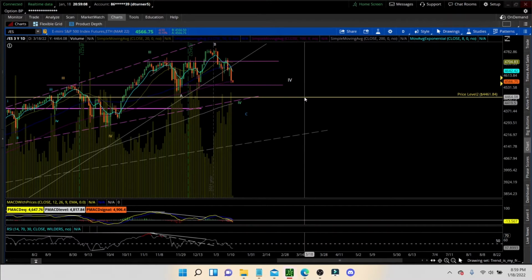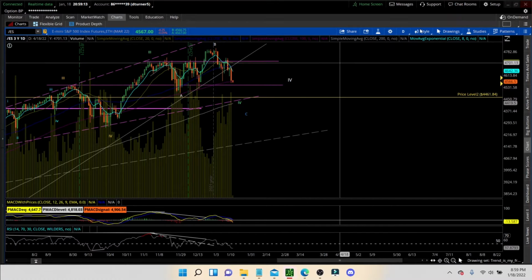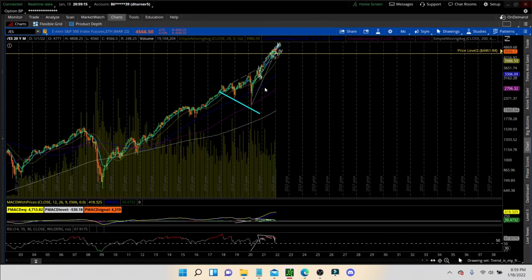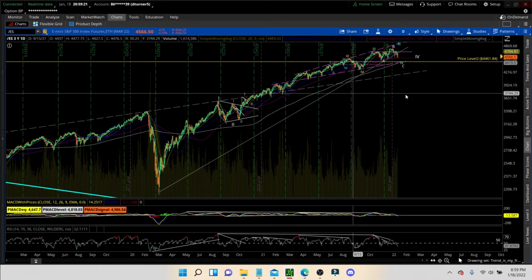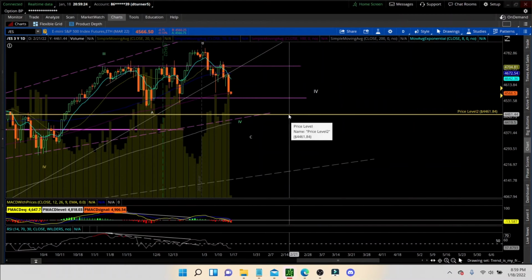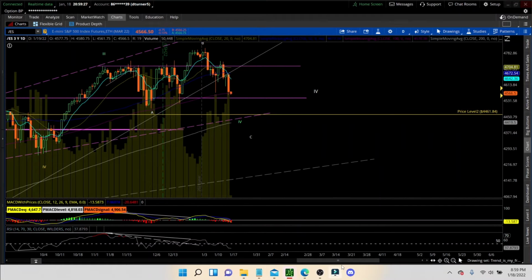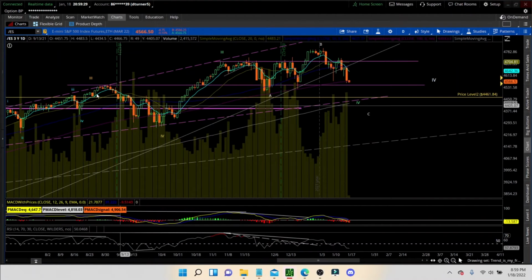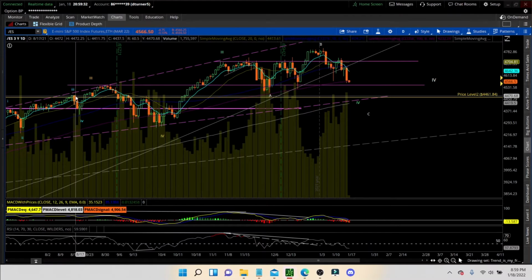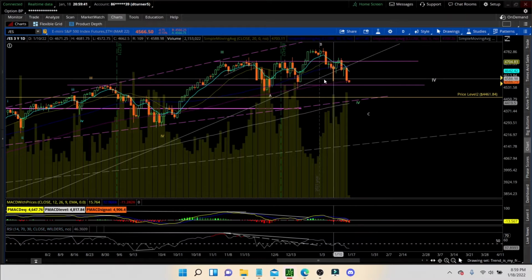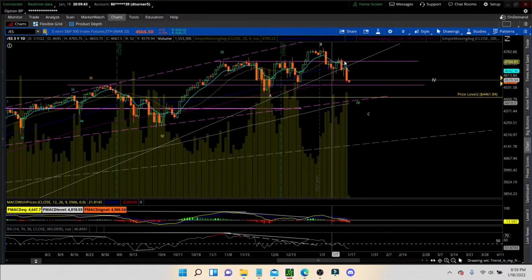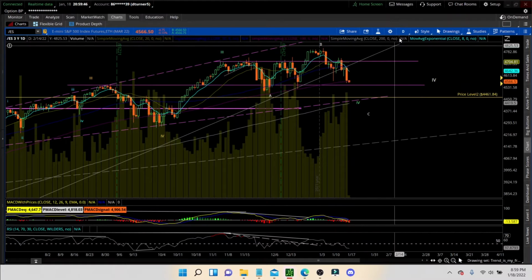This level here is, I believe, the 50-week or the 50-month. If I check back, I actually had that on there. Just looking back, oh, it's the 8 EMA for the monthly. So that's why I had this yellow line here, just to see what kind of reaction we get from that point and to see where it comes into fruition here with these peaks. So there's a support level that coincides with it. I just wanted to keep that there for my own reference on the higher time frames. So at this point, it looks like we have a 1, 2 working on wave 3.